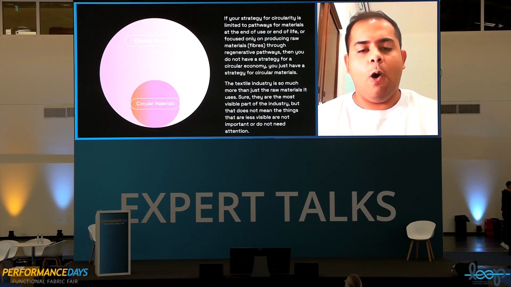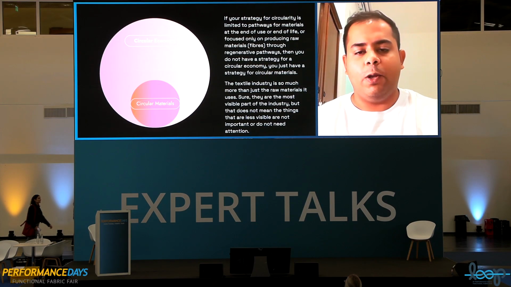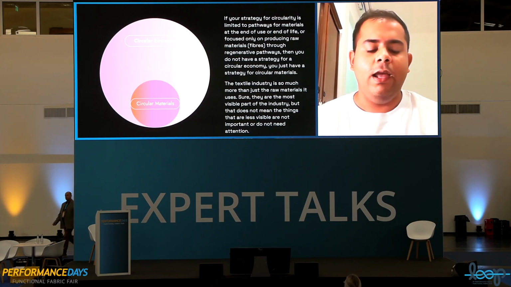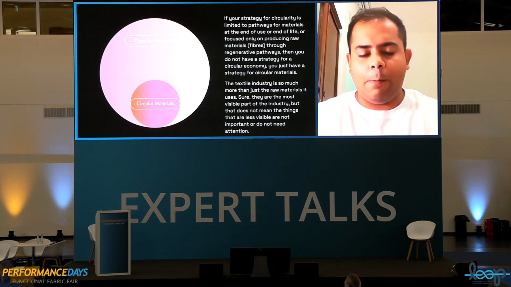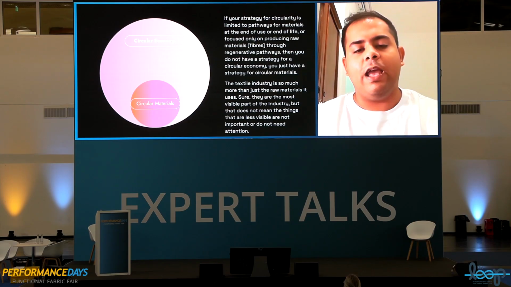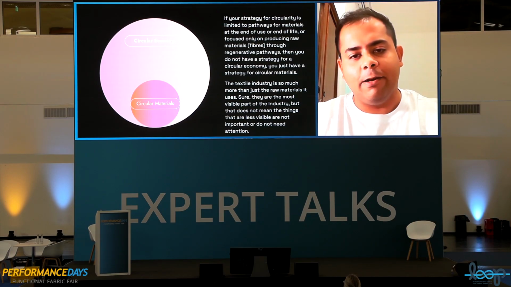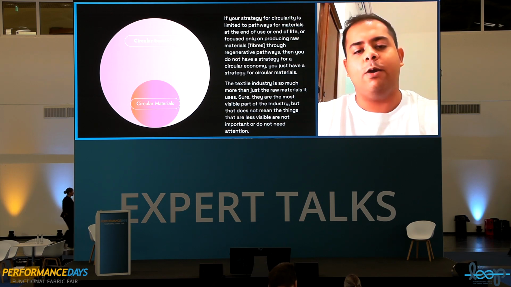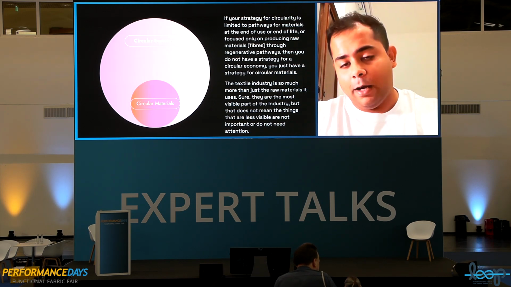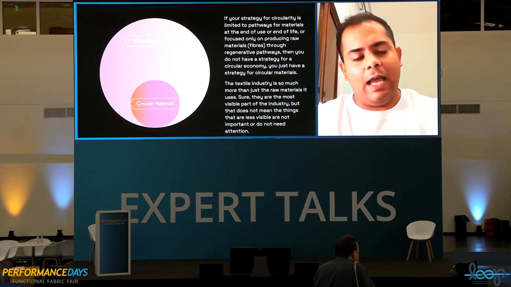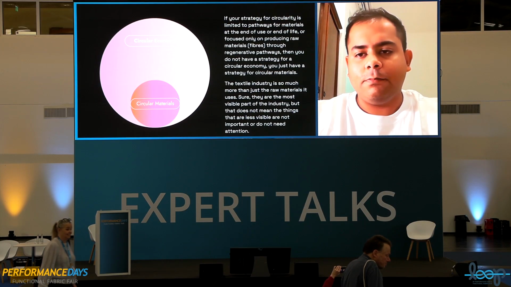So if the industry wants to have a circular economy, we need to move our definition beyond materials. If all you have is a recycling strategy for your materials and your fiber targets for 2023, maybe let's stop defining it as we have a circular strategy. We have a circular material strategy, and that should be what's on everybody's sustainability reports. You don't have a circular economy strategy, you have a circular material strategy. So you're doing part of it. Nothing wrong with it, but yeah, maybe it's time we define it much better.